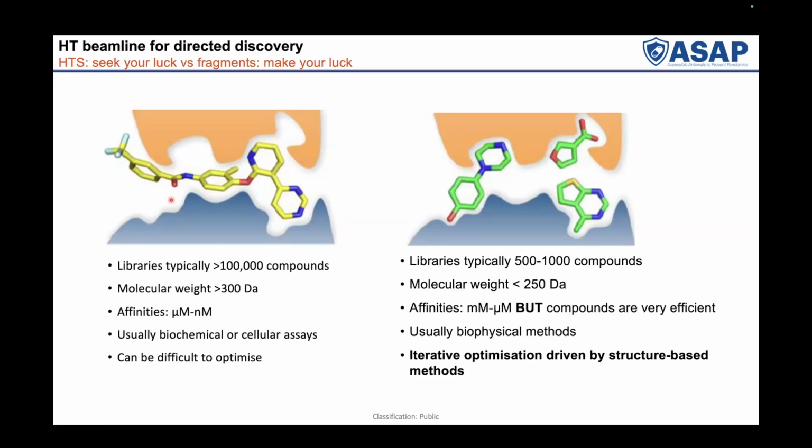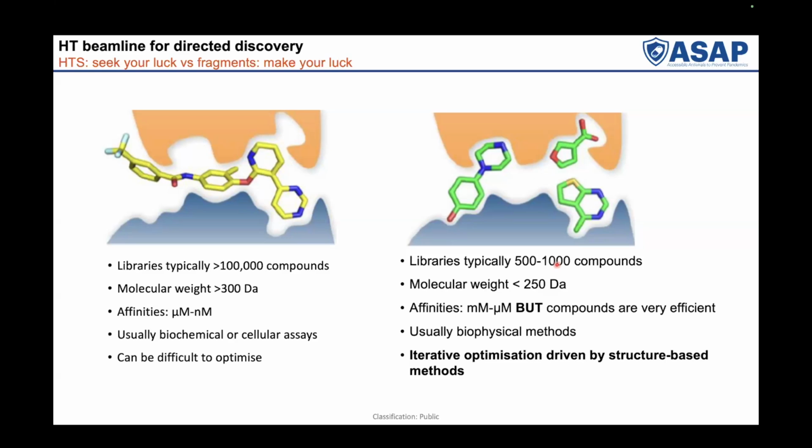High throughput screening libraries are typically very big, and there's a psychology involved where you'll go through these massive libraries and get a couple hits, and everyone gets very excited about those hits, and there's a motivation to progress them. From our side, our challenge from a fragment progression point of view is we use much smaller fragments, and we typically screen much smaller libraries, in the order of 500 to 1,000 compounds,